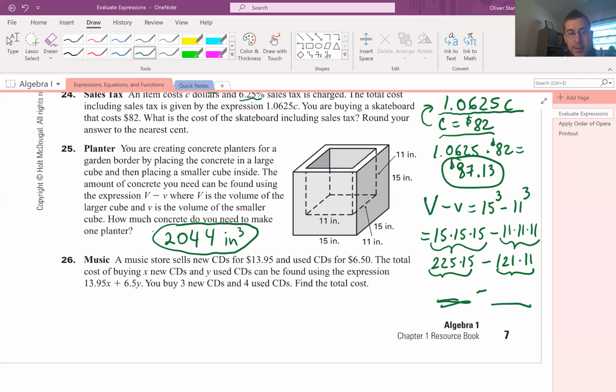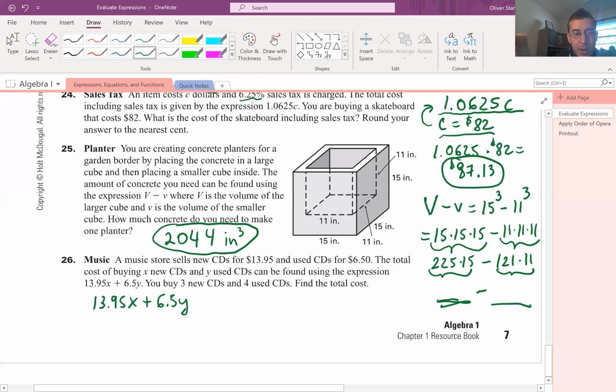And then 26, music. A music store sells new CDs for $13.95 and used CDs for $6.50. The total cost of buying X new CDs and Y used CDs can be found using the expression 13.95X plus 6.5Y. You buy 3 new CDs and 4 used CDs. Find the total cost. So the formula or the expression is 13.95X plus